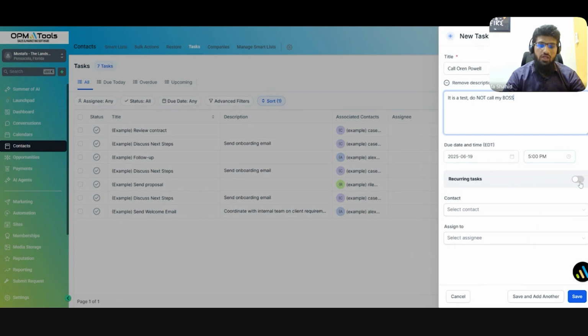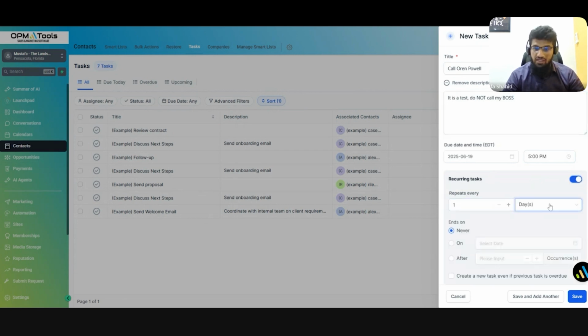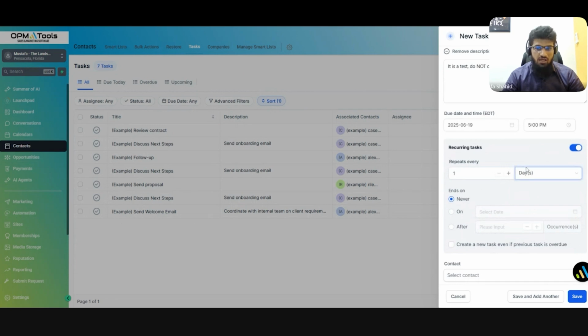I can make it a recurrent task. So if it's something that needs to be done on every Monday or every day or every specific time period, on a specific length of days, I can make it a recurrent task as well. So for example, if I want to call Oren every day, I can do that. If I need to start on some day and end it after a number of days, I can do that